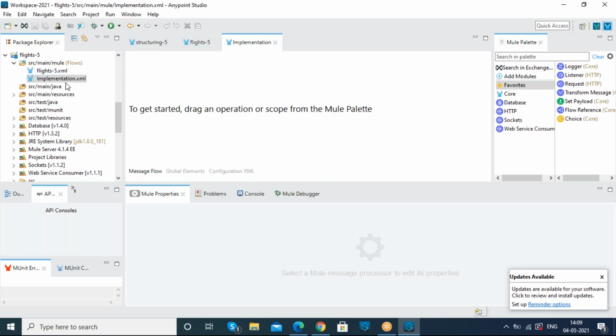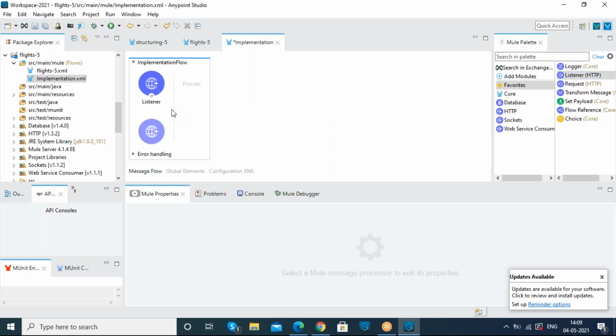So here in this implementation.xml file, I am going to drag and drop the HTTP listener connector at the starting point.